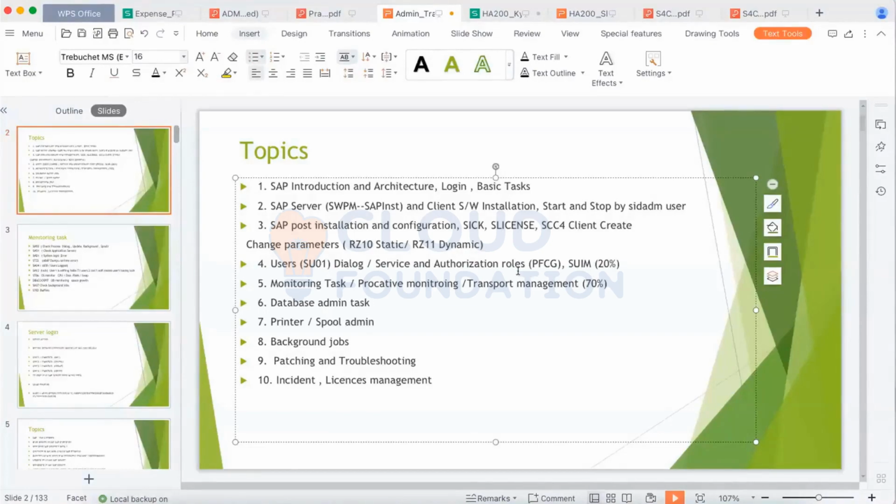Now we will see transport management. In transport management, you have to move objects from the development system to the quality system. In the development system, the developer is going to develop the object and then you have to move those objects into the quality and production system. We are going to see